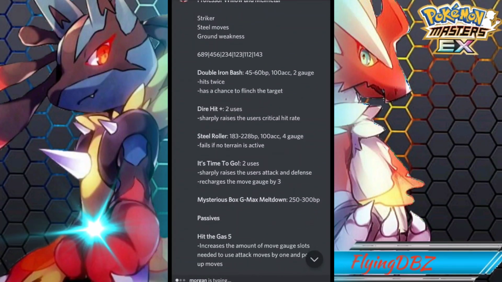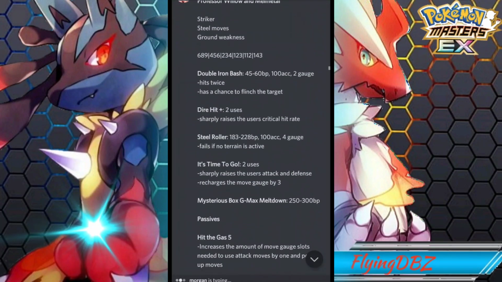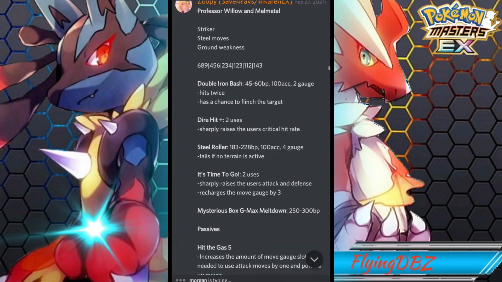When we do these character concept videos, I like to see the stats of these characters, because I think that's part of the fun with how concepts are done. But nonetheless, I do like the concept. I do like how the moveset is with this guy, and I do like Melmetal. It does suck that we can't really use this guy in the main series games unless you play Pokemon Go. But I do like Melmetal's design, and the Sync pair with Melmetal, Professor Willow,